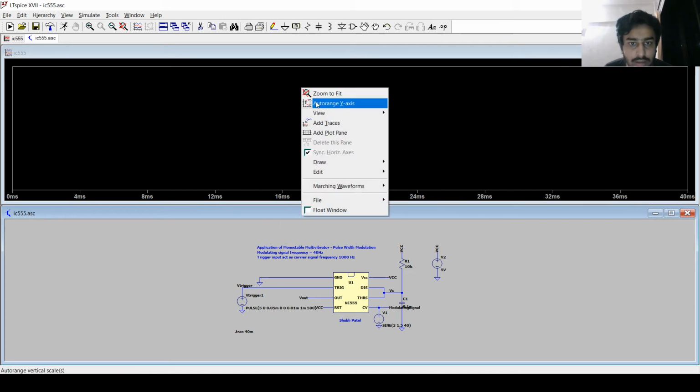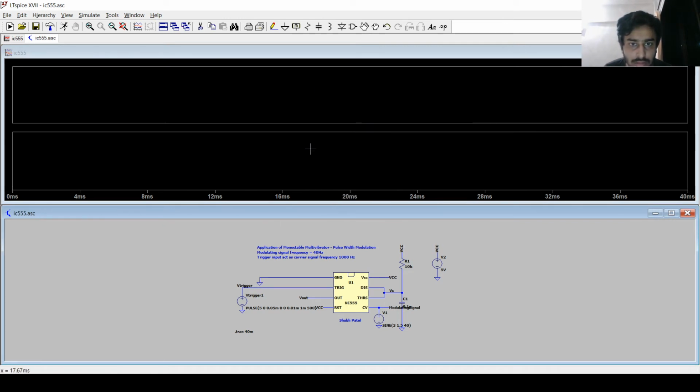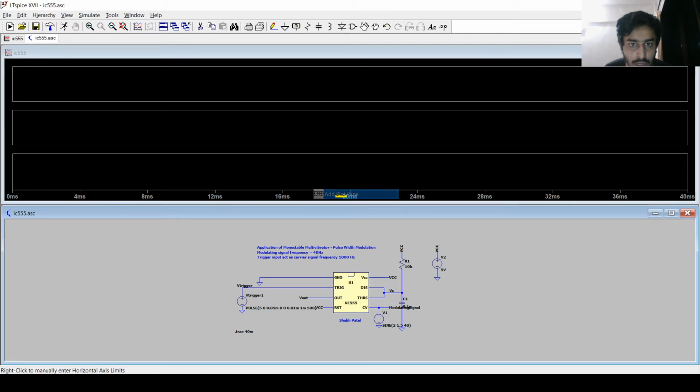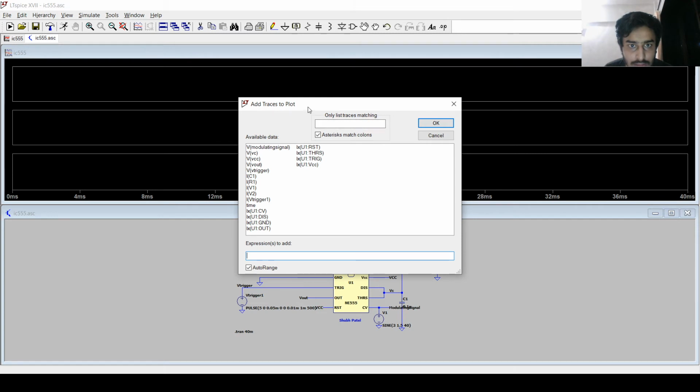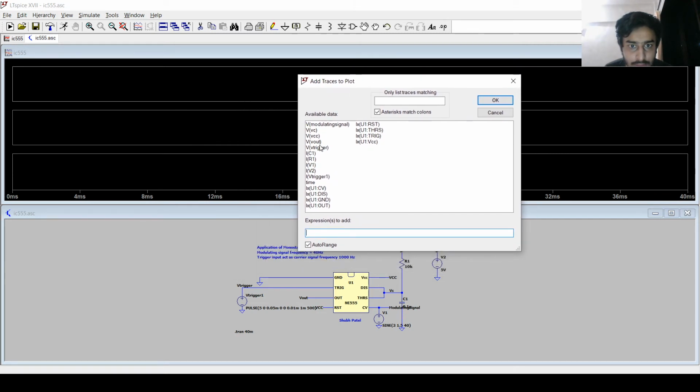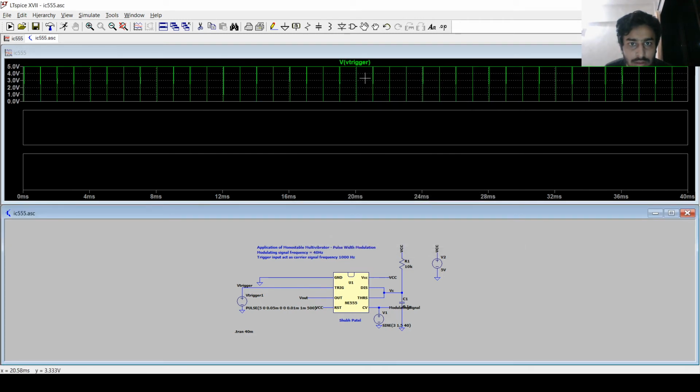So let me add the plot over here. Let me add one more plot. So let's add traces, the trigger voltage trace, which is of the high frequency trigger input signal. This is the high frequency trigger input signal,